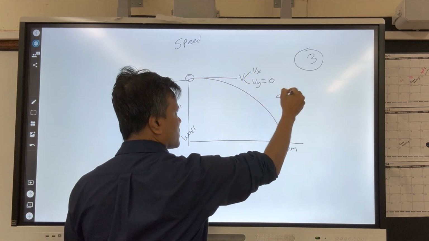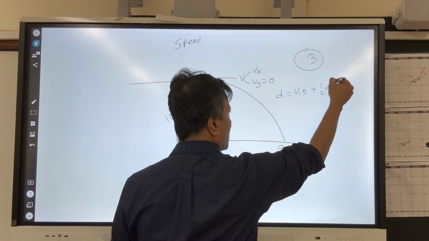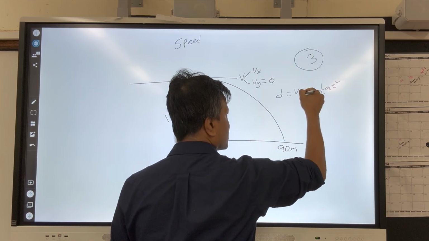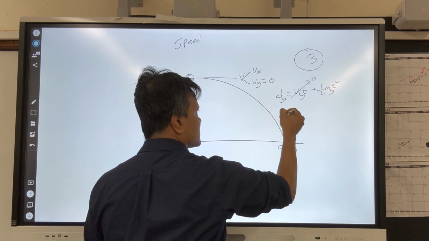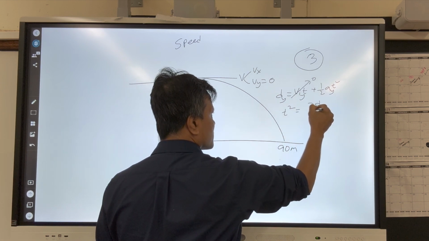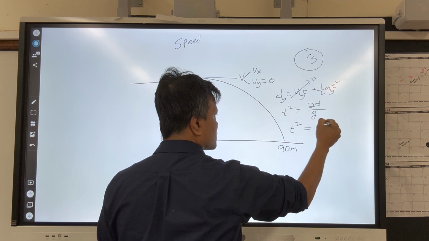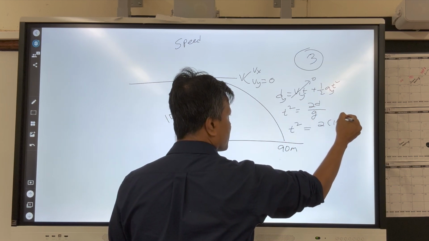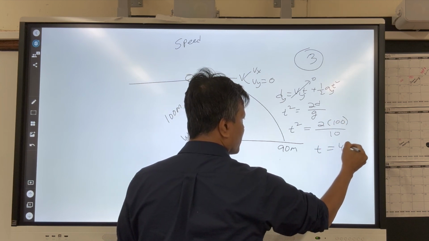So you have d is equal to Vit plus half at squared. Of course, this is in the y direction. Y direction always gives you the time. So t squared is equal to 2d over g. So t squared is equal to what? 2 times 100 divided by 10. So t is 4.5,